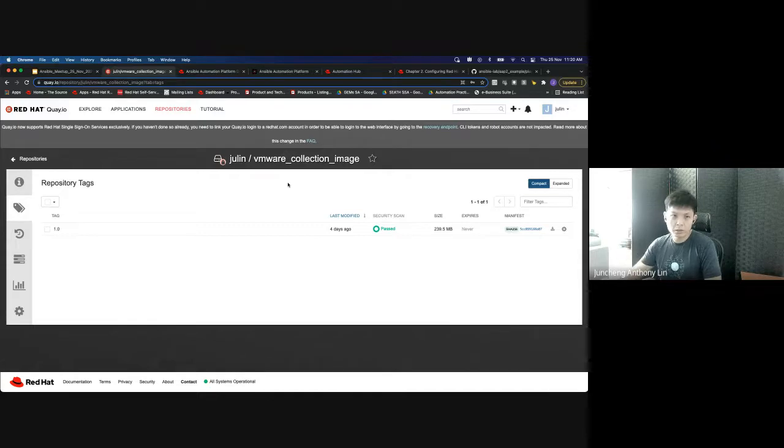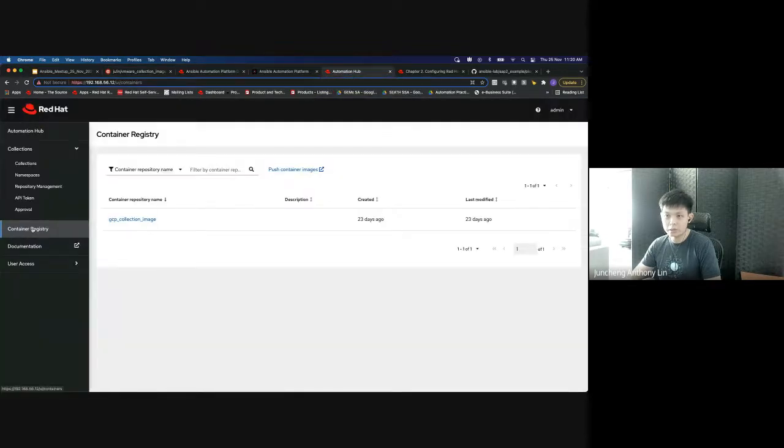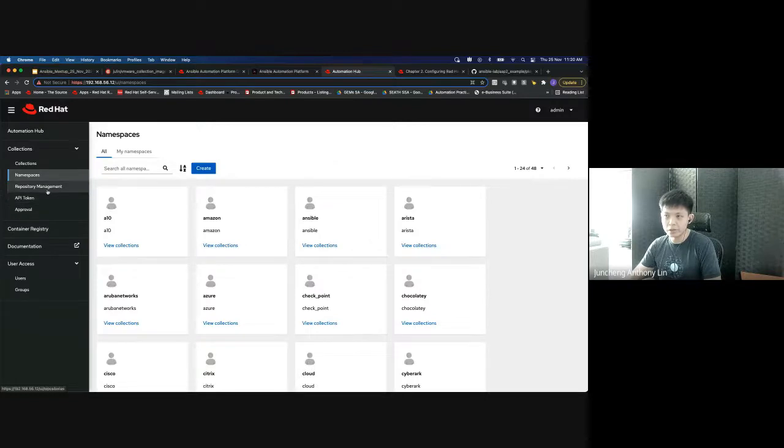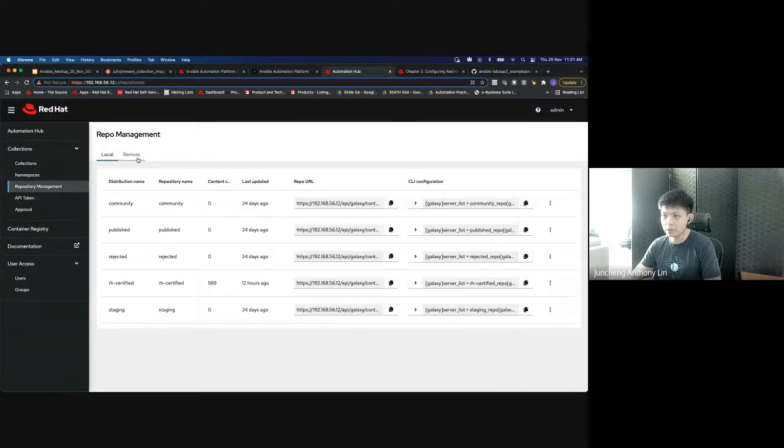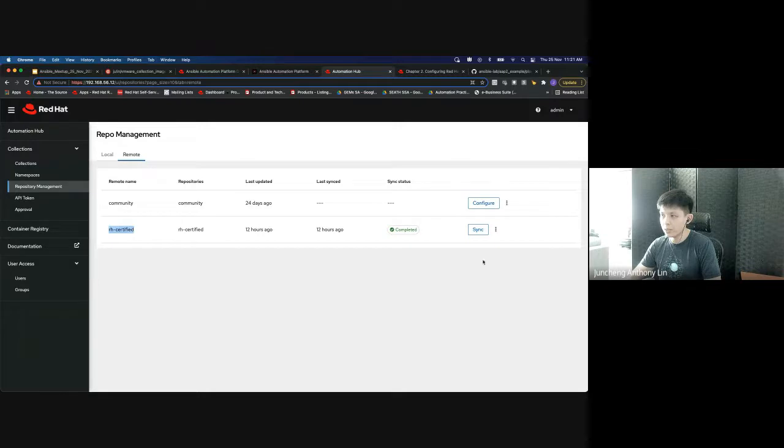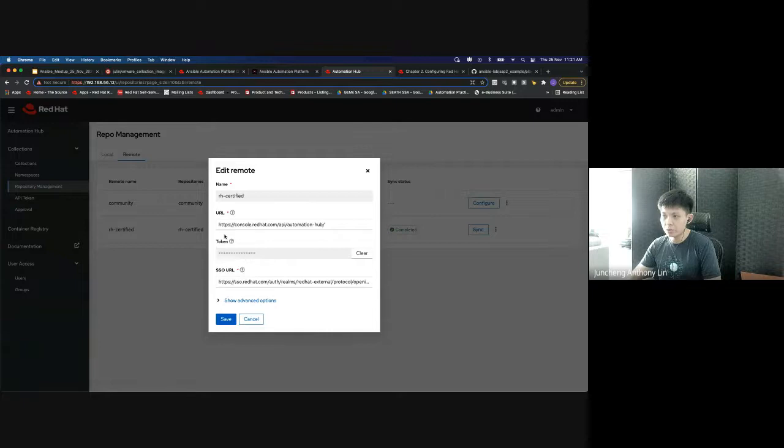So we have a combination of different tool sets that can be used, depending on how you want to deposit things within the environment. The hub itself allows you to do user control as well. You have the capability to create users and groups and restrict access and usage via role-based control. Then you need to make sure of the repo management, for instance, over here. You can say that you want to just connect to